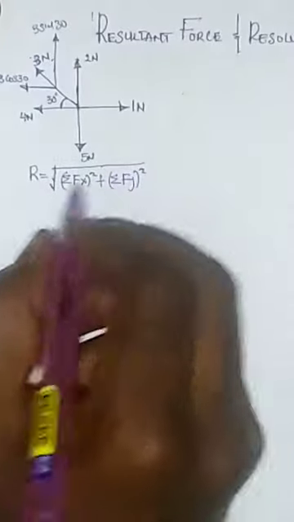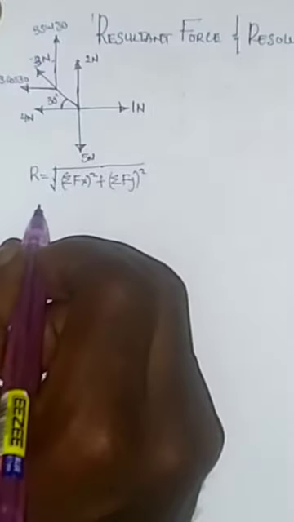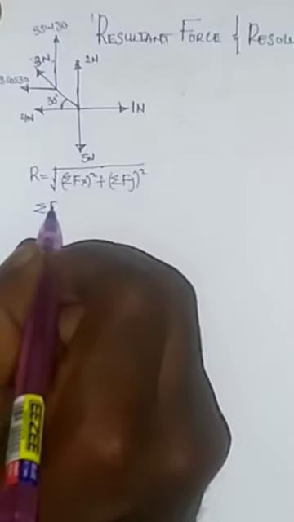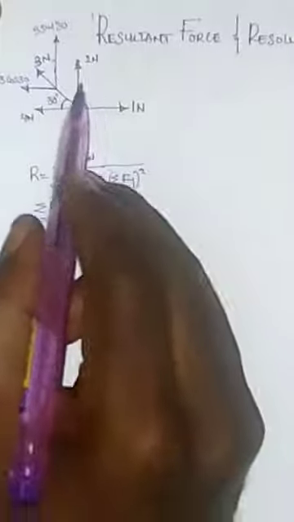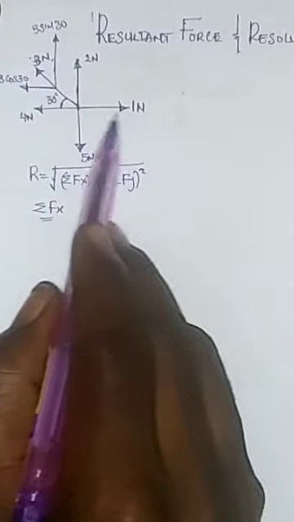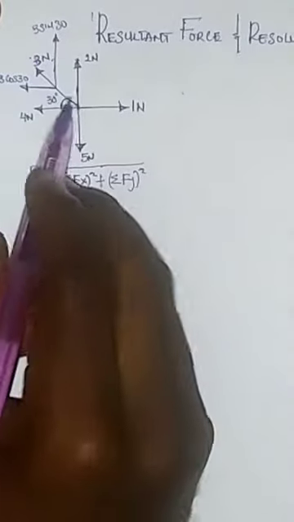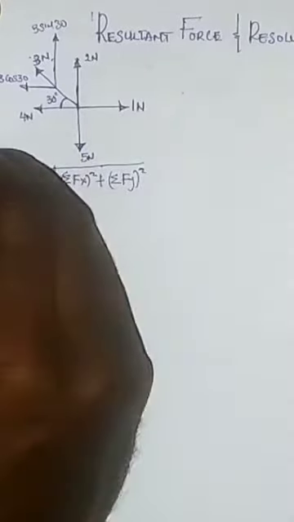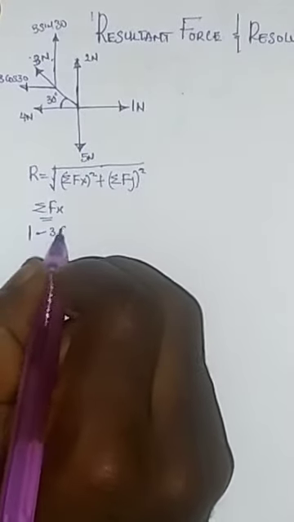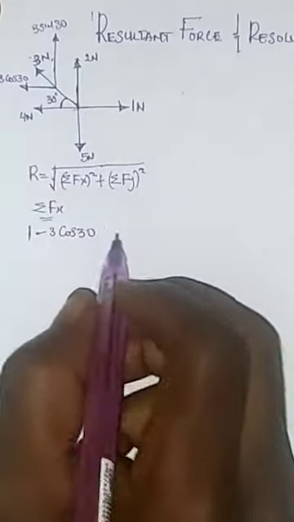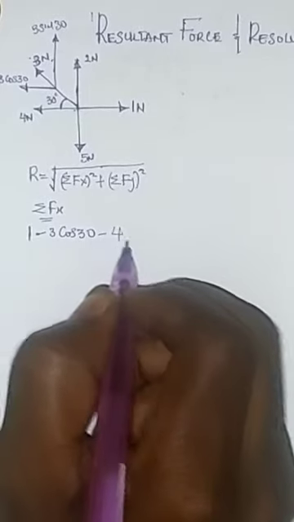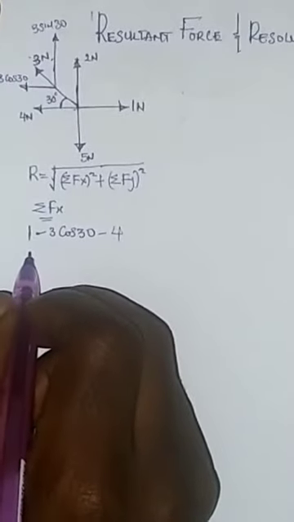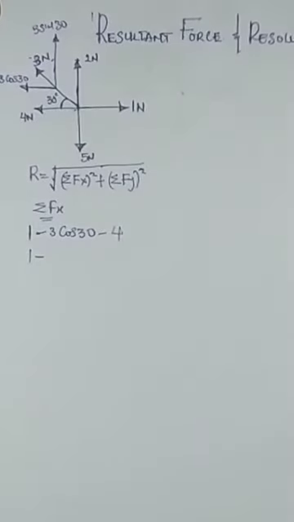So from here, I can say that my summation of E of x, which will give me, now I have this horizontal component, this of f of x, it's facing right, it's positive, that is 1. I have another one again, this is facing left, so it will be minus 3 cos 30. Then another one again, which is 4 facing left, that will be minus 4. So in doing that, I'll be having 1 minus 3 cos 30 will give me